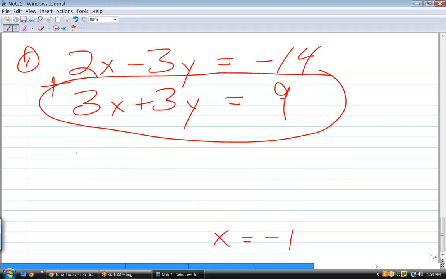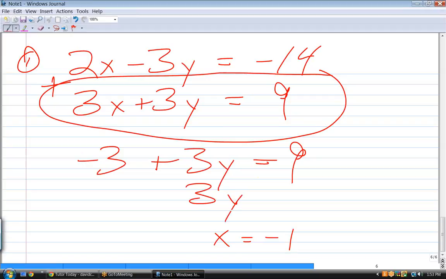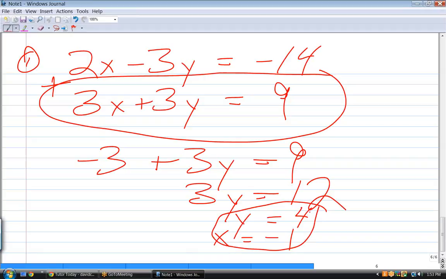So it'd be negative 3 plus 3y equals 9. Next step. And then you can add 3 to each side. Or you can do that. Last step. Divide. There's your solution. Okay? Now,